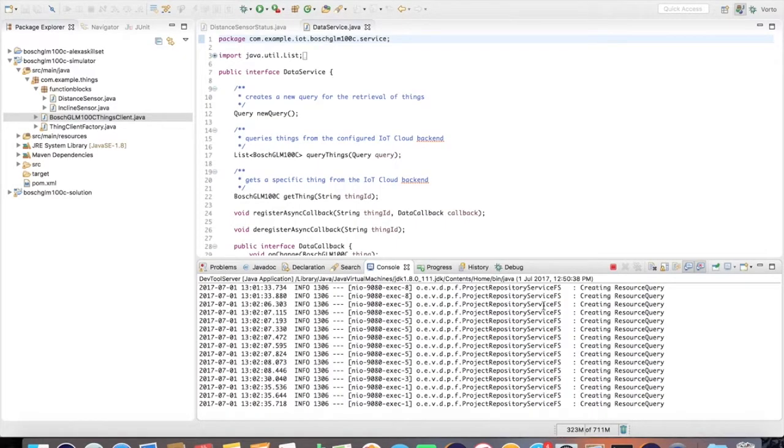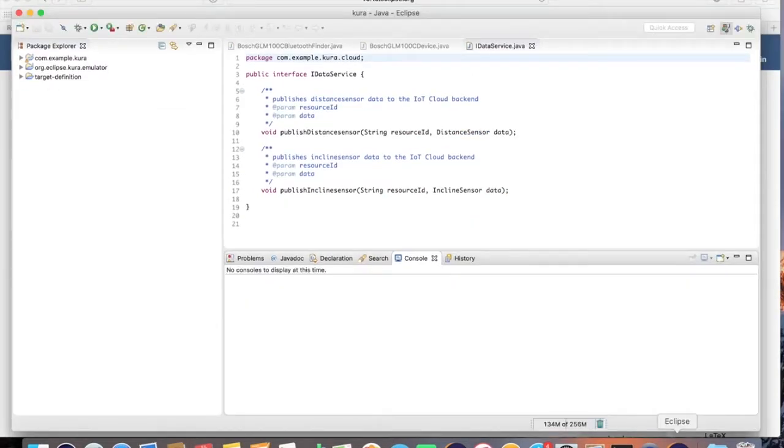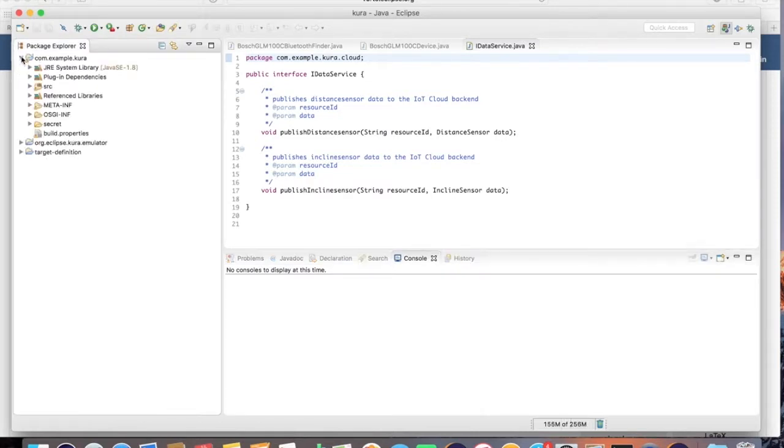I already had done that and imported it into my workspace. So here is my Eclipse Kura workspace. I already had imported the Vorto generated Kura bundle, and if we open this project up, you can see